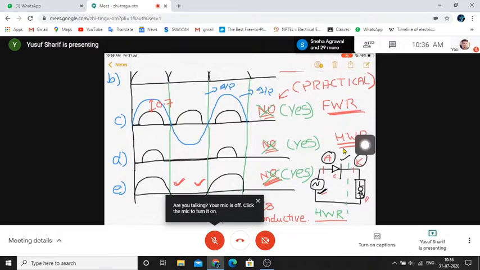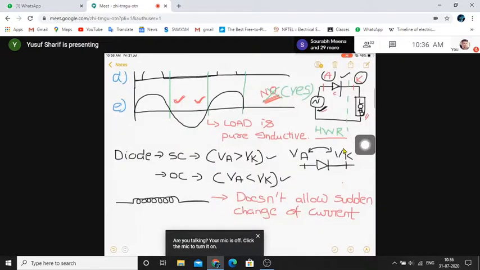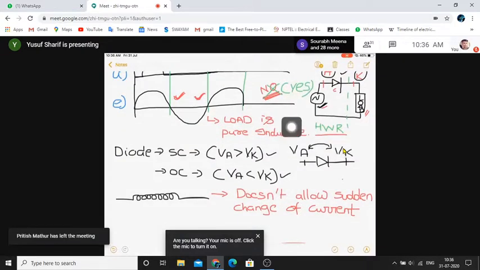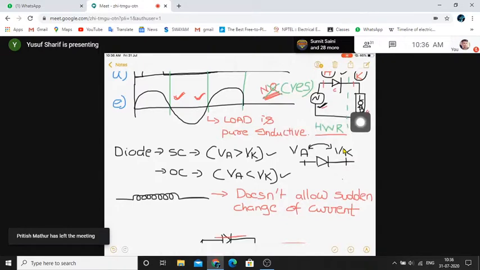And I gave you a question. The question was: if this rectifier is connected to a pure inductive load, this is a half wave rectifier circuit, where you have an AC supply and in series to that you have a diode. If I connect a load over here, and the load is the pure inductive load, I told you that this is the output voltage waveform you can get. Though I have a diode over here, what is the output voltage I'll be getting?